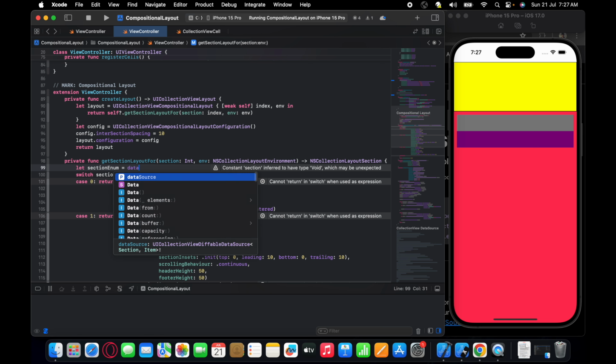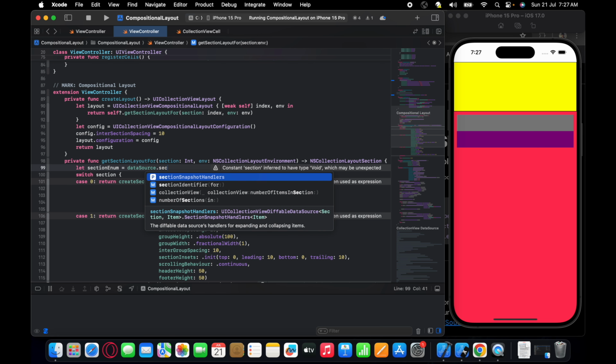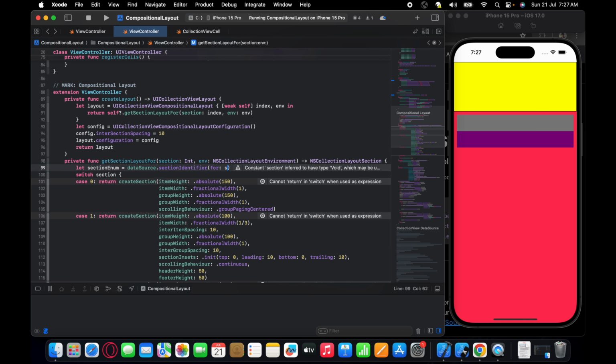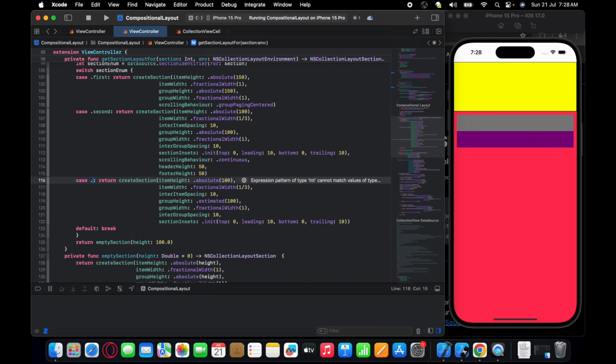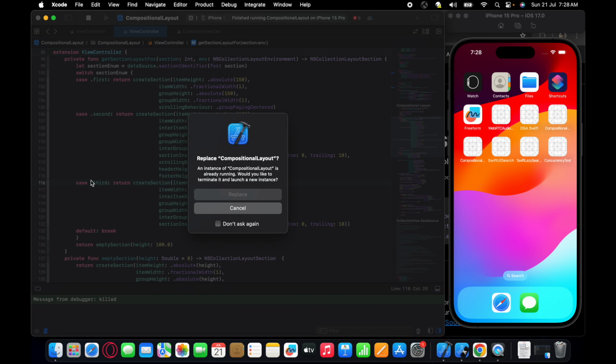from this, like this Datasource dot section identifier for section, and then we iterate on our section enum, and if it's a first, I don't need this associated value. If it's second, then we use this layout. If it's the third, we're going to be using this layout. Let's see the